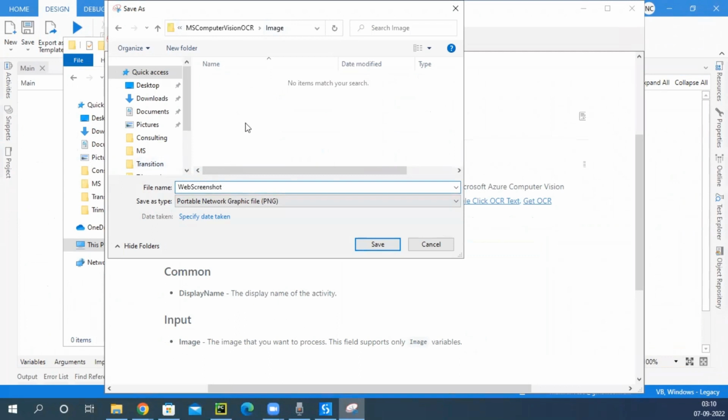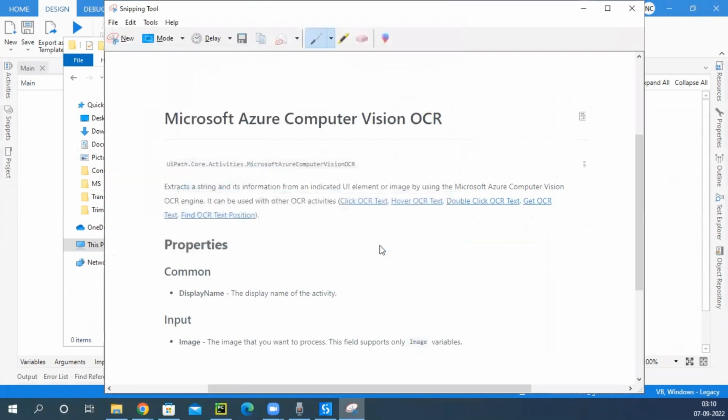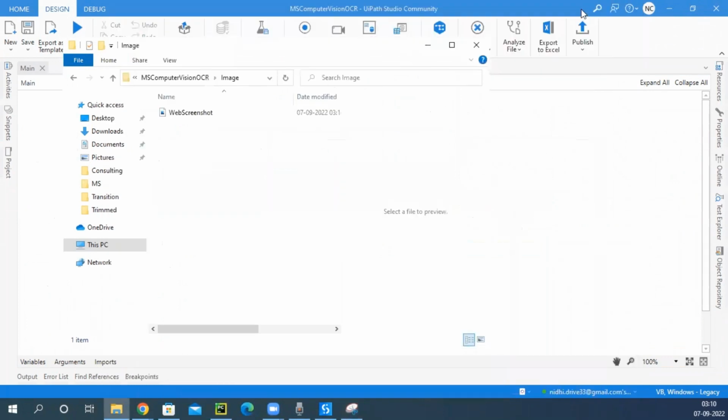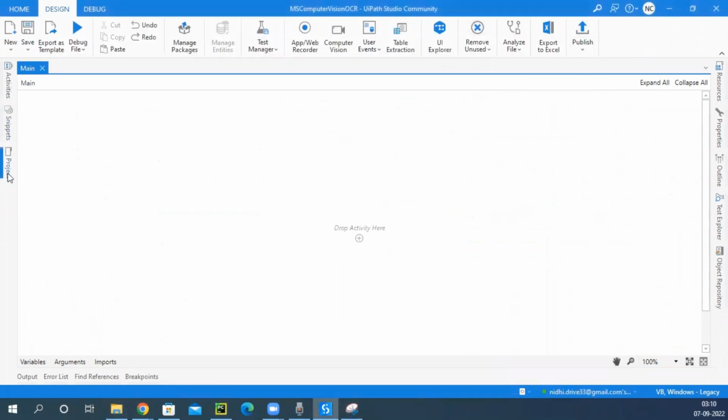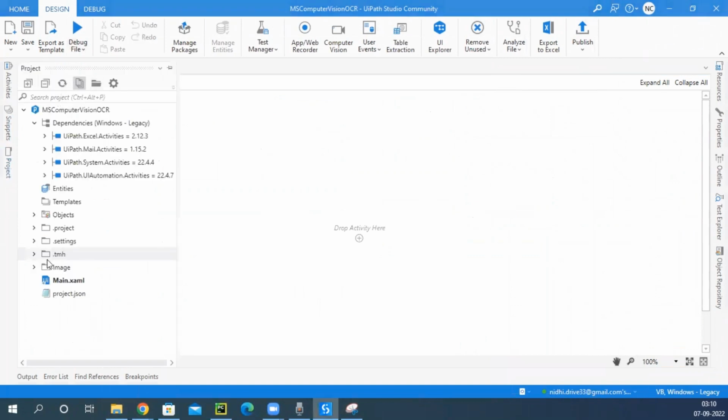So what I've done is I've taken this screenshot of the web page and I'm saving this image file, which is the PNG format, in the automation workflow project folder itself. So let's rename this and save it. This should have been saved now. Now if you go to the project folder and refresh it, in the image folder you have this image right here. Now we want to read this image, and as per the